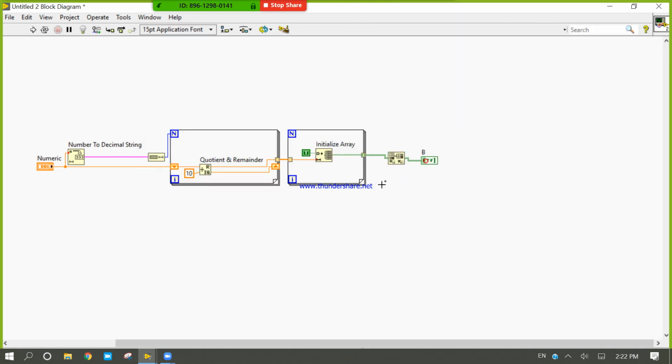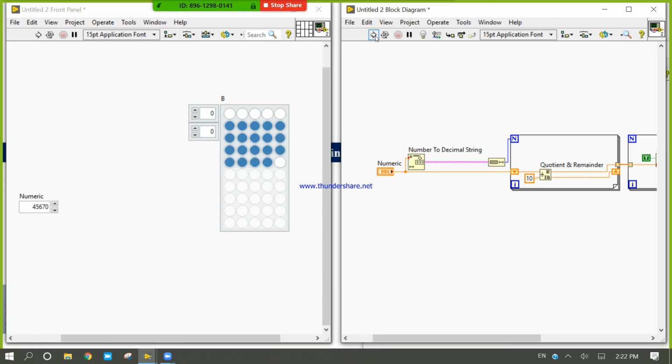I think all of you know the functionality of this. Here we will target this, and the output will be this. Now you can see it's a 4 cross.